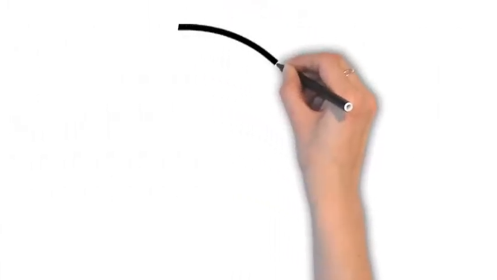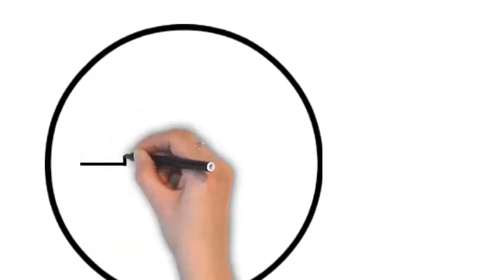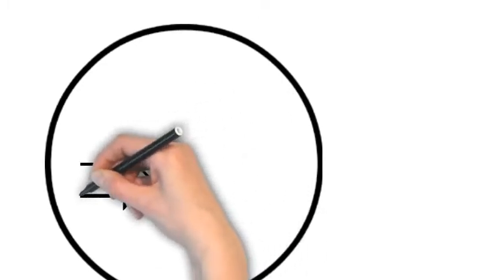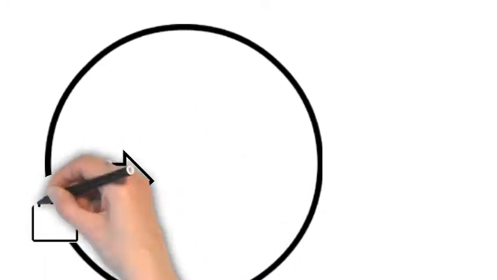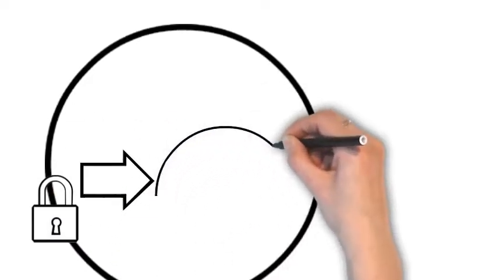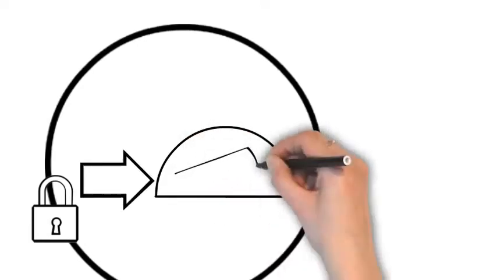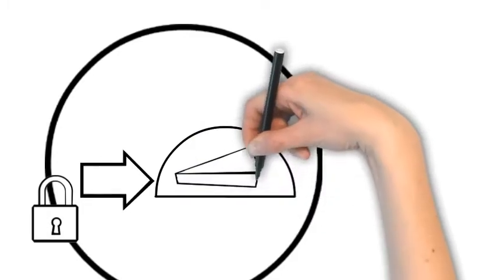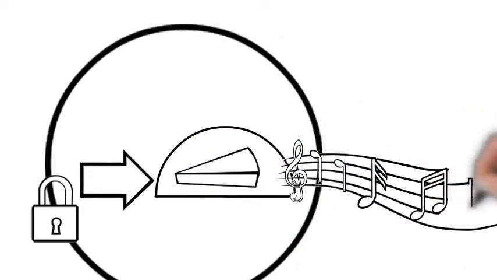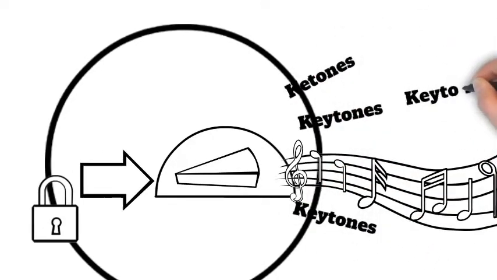So with the cell all locked up, you would think that the cell wouldn't be able to get any energy. But our bodies want to survive, and our cells want to survive. And our bodies and cells are smart. So they find a way to survive. And they survive by using fats for energy. Okay, and when they use fat for energy instead of glucose, they still make energy, beautiful energy, but they get byproducts like ketones, which makes the blood acidic.